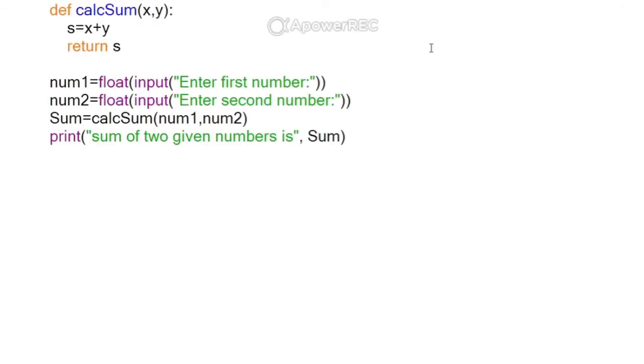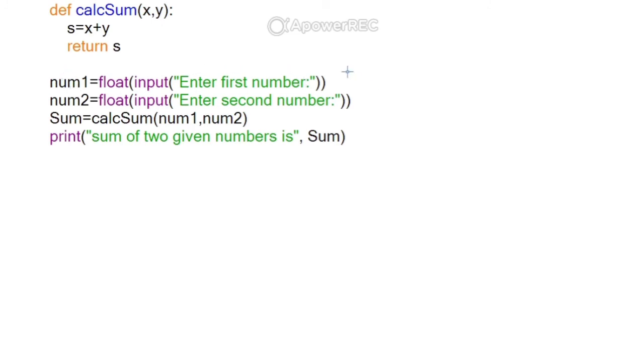So my dear students, let's try to understand the functioning of functions and how the flow of execution actually works in them. This is the program to find the sum of two numbers using functions. My main program starts here with num1 and num2.